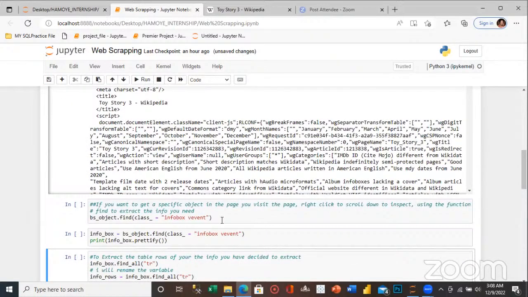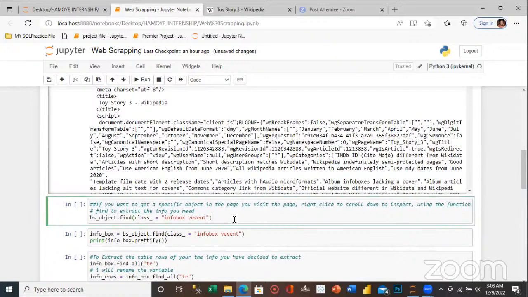So now the next cell, moving on. If you want to get a specific object in the page, you visit the page, right click, scroll down to inspect, using the function, trying to extract the information you need. That is what I already did earlier. So